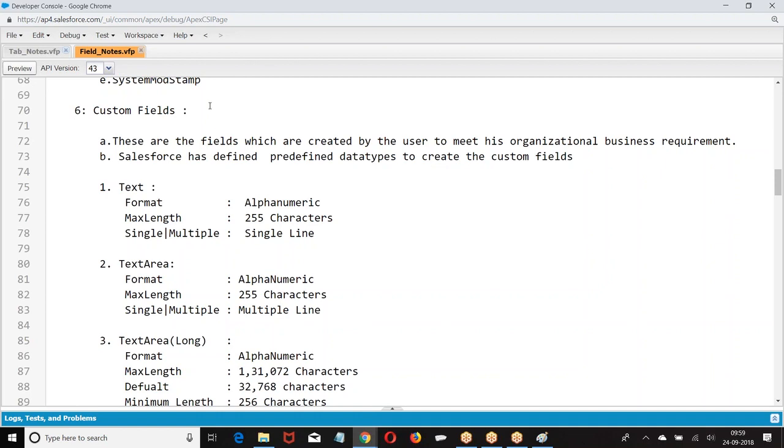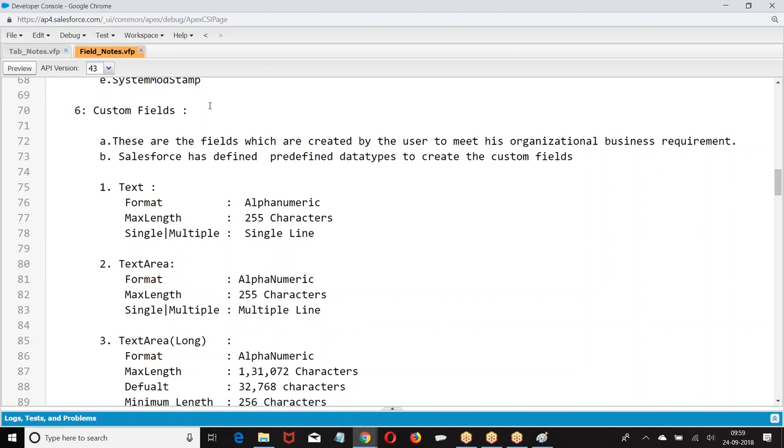Now look at the point. If you are creating a custom field, we need to understand what the data types of the field are. So every field will have a data type. What type of data are you storing? So we have to specify the data type.